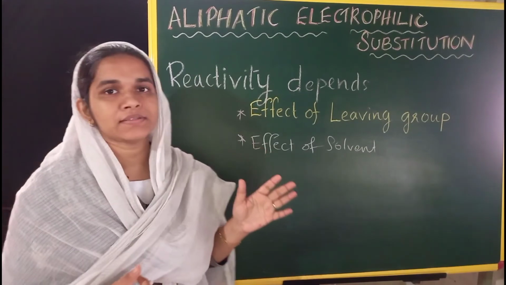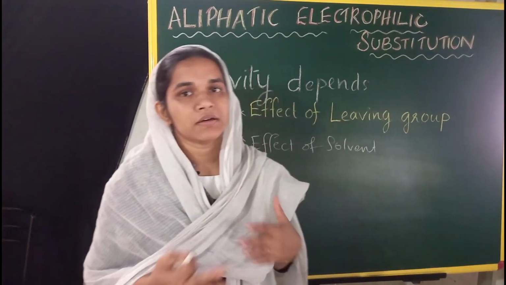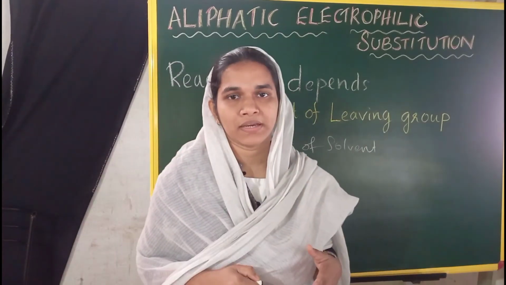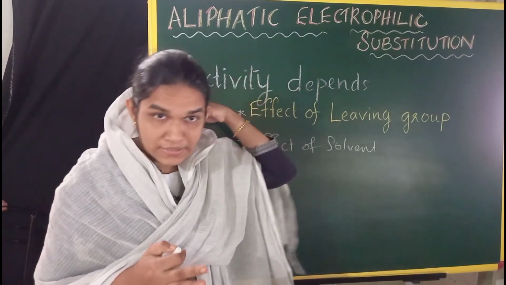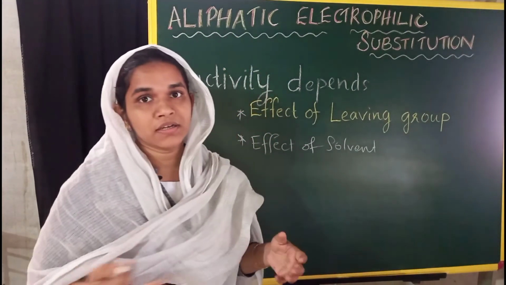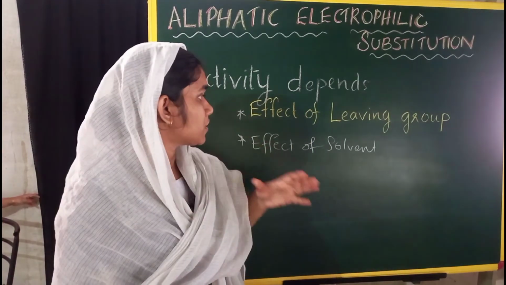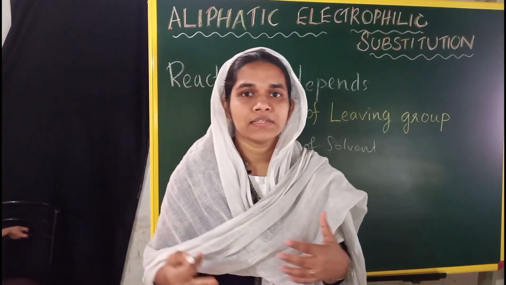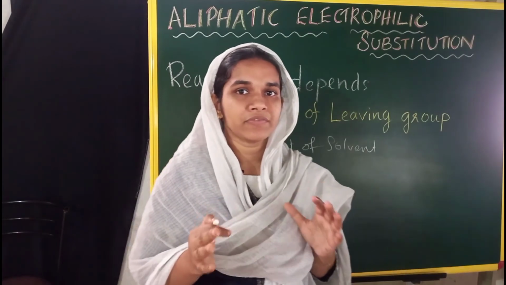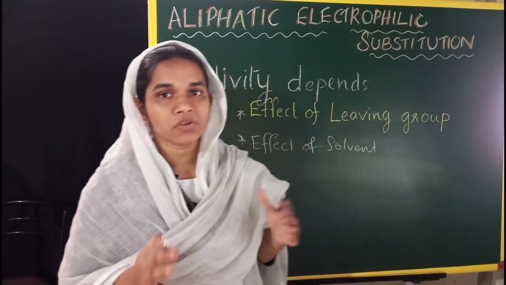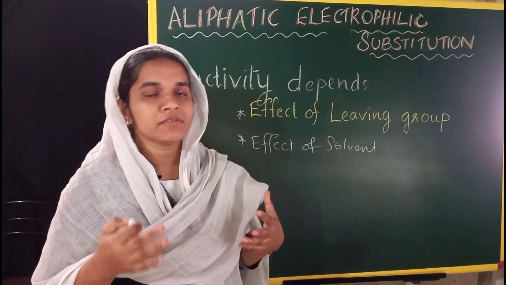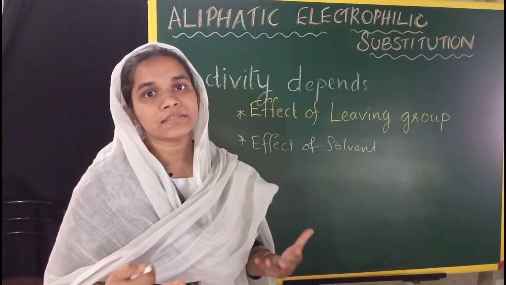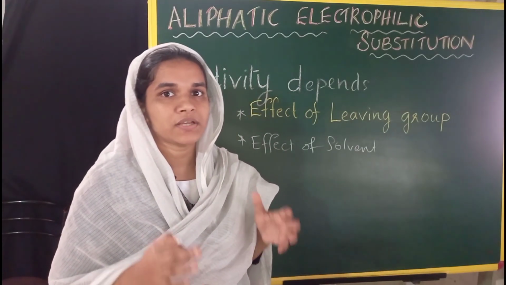In the case of bimolecular mechanisms, there are two types: the SE2 type mechanism and the SEi mechanism. In both SE2 front and SEi, there is retention of configuration. So in order to distinguish these two mechanisms, we can use the effect of solvent. The SEi mechanism generally has no effect on changing solvent, but in the case of the SE2 mechanism, there is a slight change in reactivity order. As the polarity increases, the rate of reaction also increases. That's about the effect of solvent.